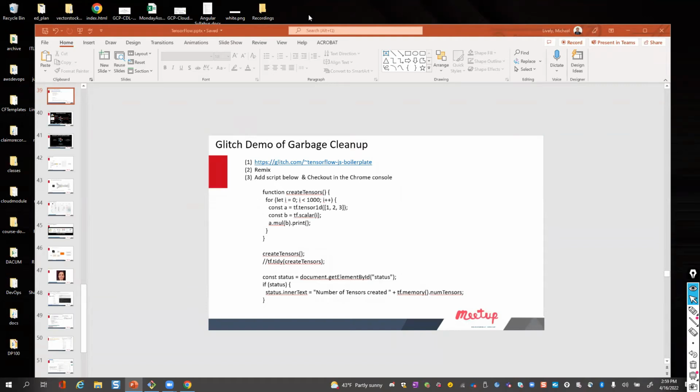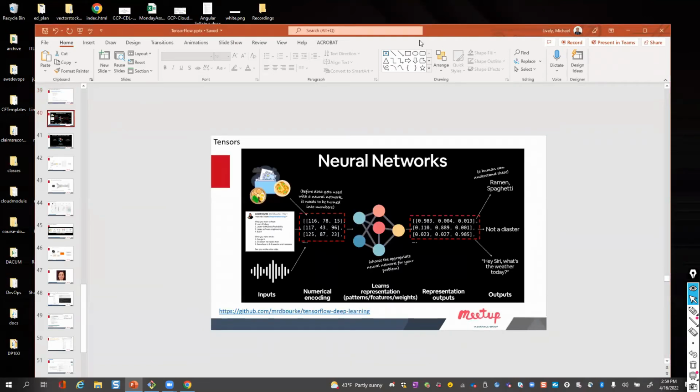So with that said, let's talk about neural net models a little bit. Neural net models are very interesting, but what you need to understand is that for you to do machine learning of any type, you've got to translate it into math, into numbers.